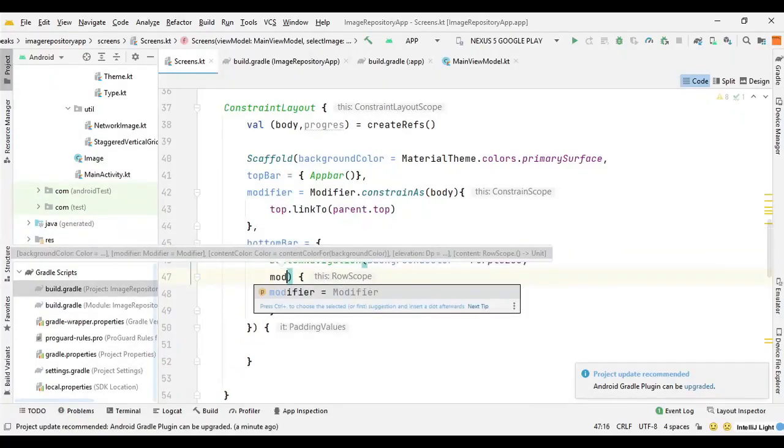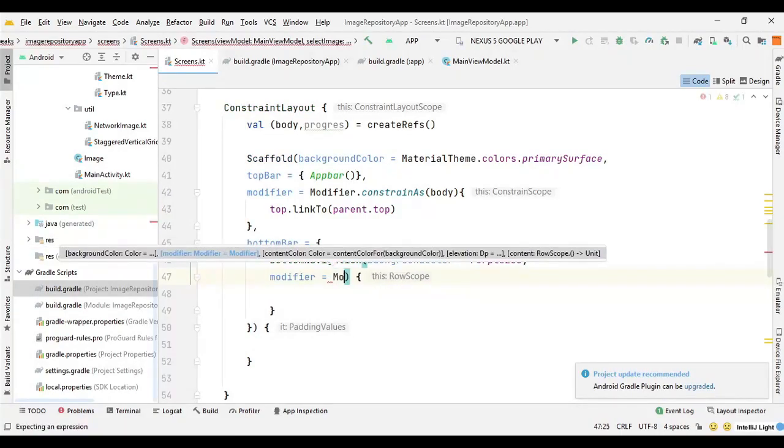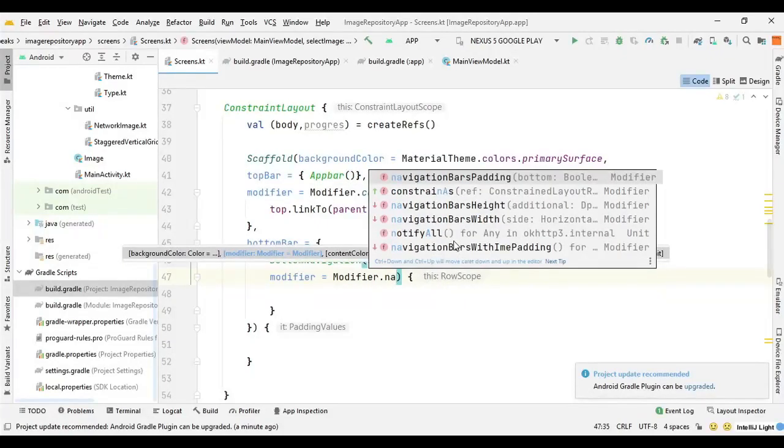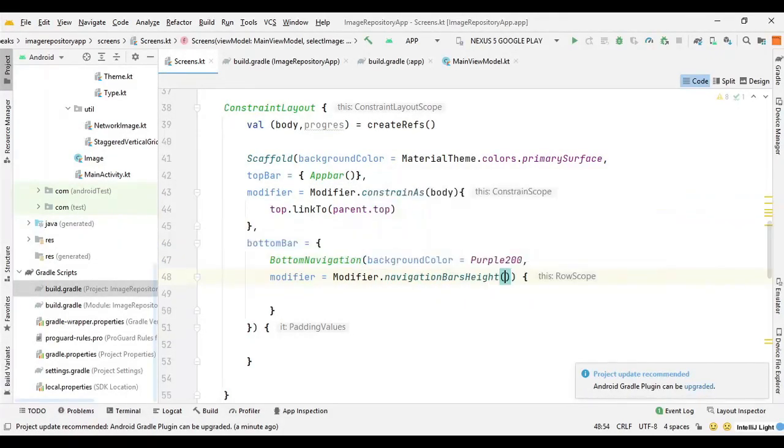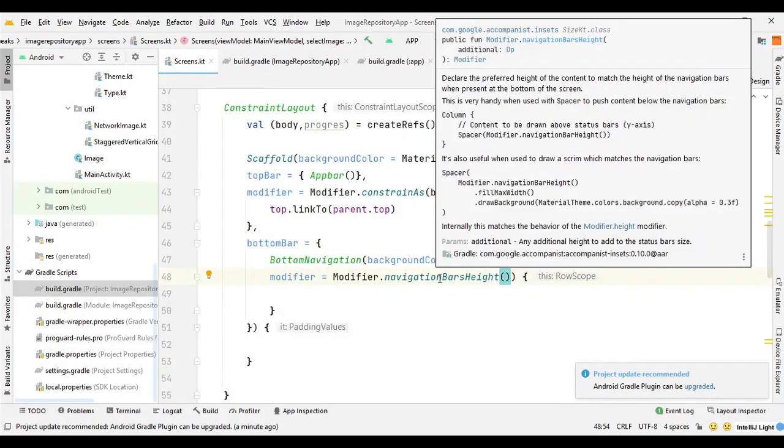So modifier equals Modifier.navigationBarsHeight, and to set this we need the insets. It's coming from accompanist insets. Without it we cannot set this navigation bar height.